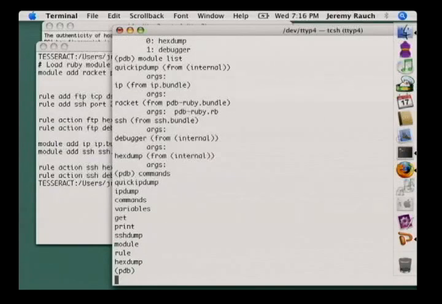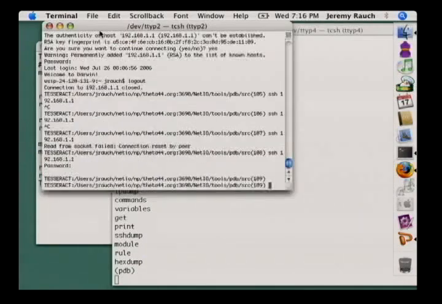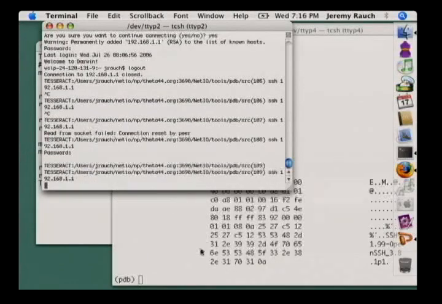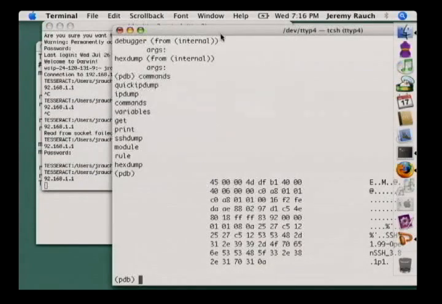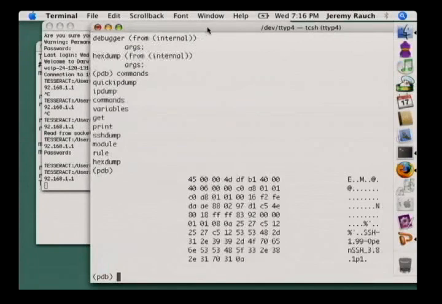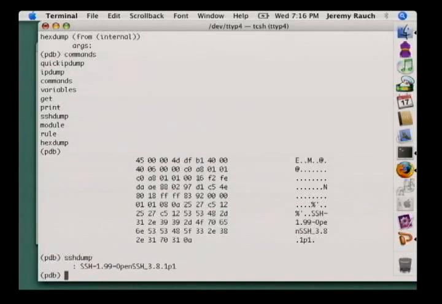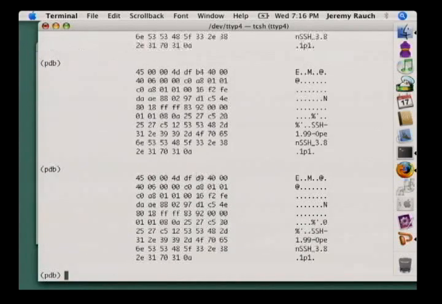So set it going. It's now in motion. It's waiting for a breakpoint, which is data on the SSH port. So all we have to do is basically kick off an SSH there, and it'll trap to a packet. And looking at that packet, we can see parts of the SSH. If I run SSH dump itself, it gives me information about the banner that came back from, in this case, the server. And then you can single step through it and see additional packets as they come in,